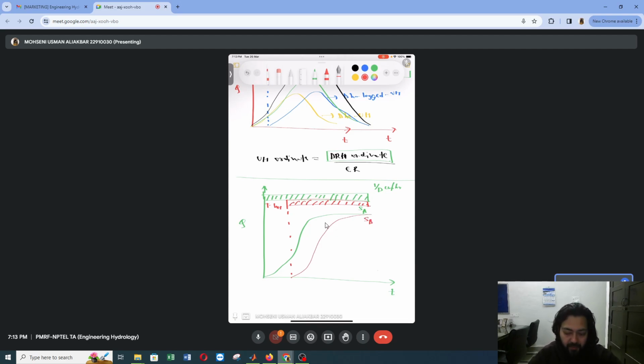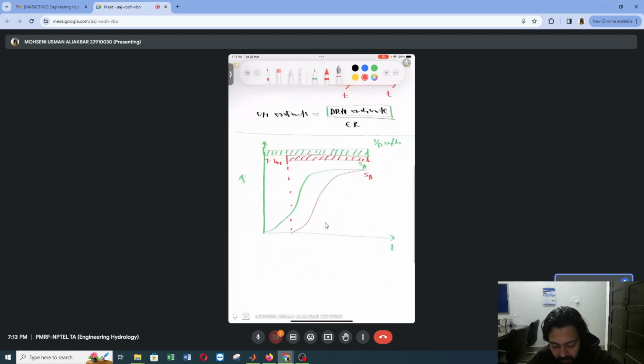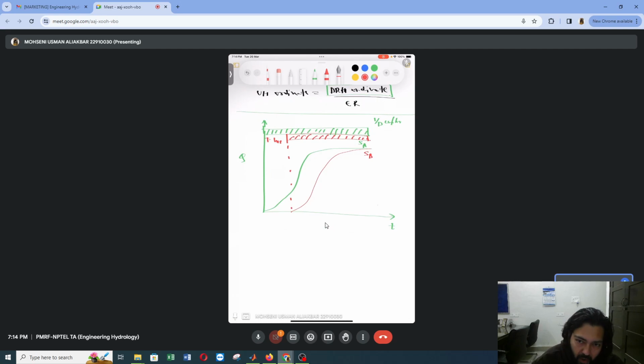So now what we have is two inputs and two S hydrographs. We want to derive a unit hydrograph based on this S hydrograph. So how we can do this is we can first calculate the DRH, and how we can do that is by simply taking the difference SA minus SB. So the difference between these two ordinates of SA and SB will give us the DRH. Since now we know the DRH value, we can derive the UH value also. How we can do that is simply by DRH divided by effective rainfall, right?